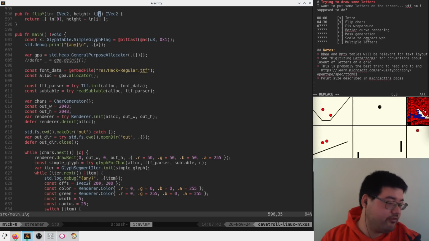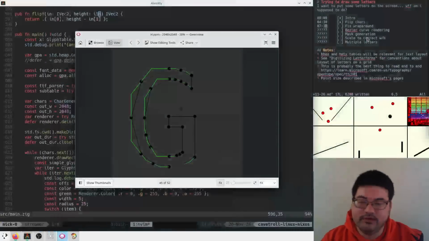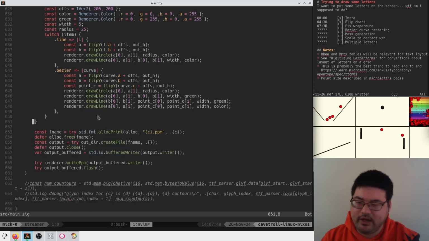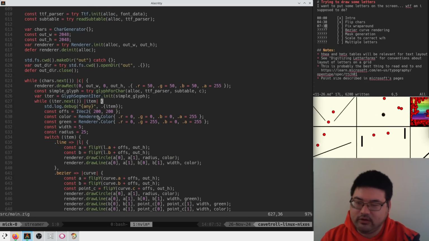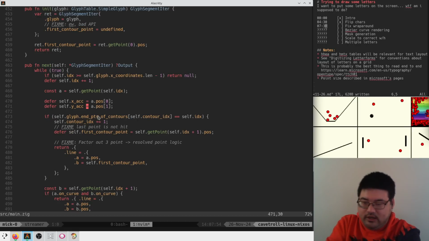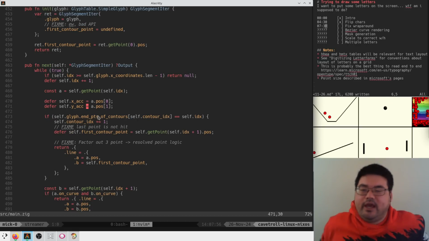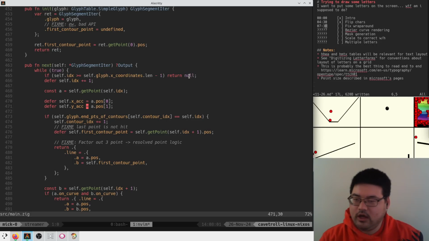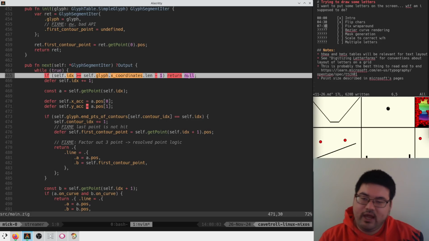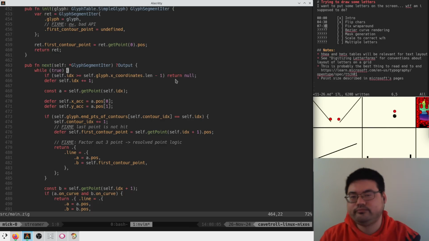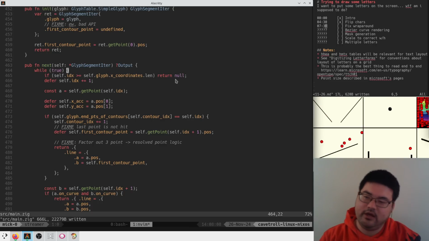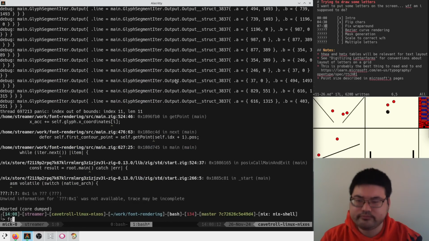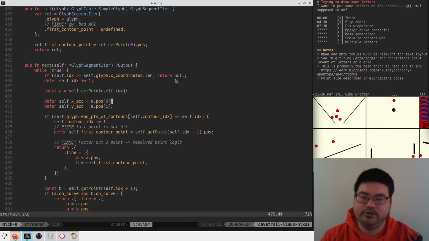Okay, let's try to fix the fact that some of these characters, like all of them really, don't draw the last line. So how do we do that? Somewhere we have our glyph segment iterator, and it walks all of the points, and says, as soon as we get all the way to the end of our array, we are done iterating. Now that is no longer the case. So I think we just want to take out this -1. Surely this is going to crash because we're going to index out of bounds. And we should just be able to,